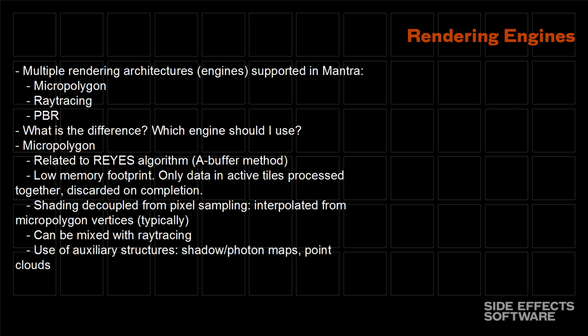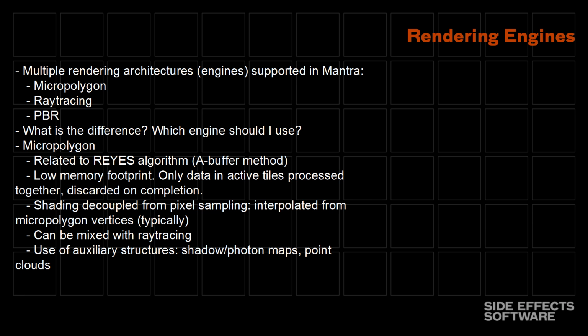Because it is dealing in an A-buffer format, only data in the active tiles in the image space are being processed together. And so that means that you don't have a high degree of memory use. You have each tile occupying as much as it needs to in terms of memory overhead, and they are discarded on completion. And so the other characteristic that we have with the micropolygon rendering is often the shading is decoupled